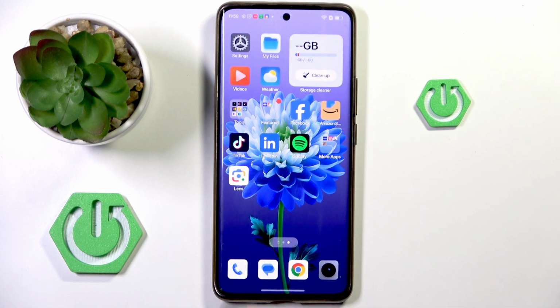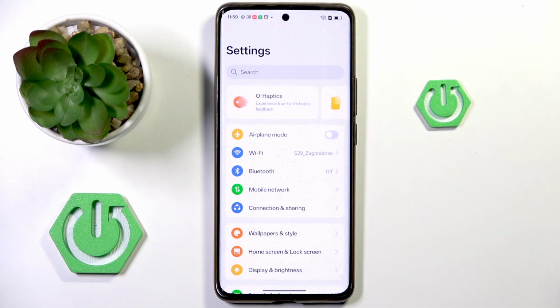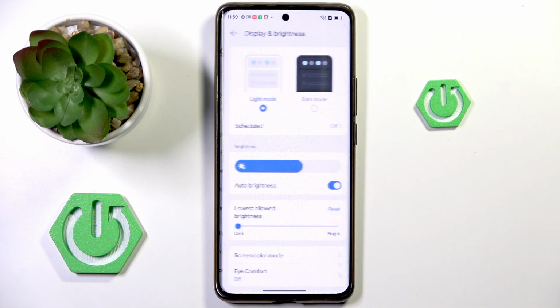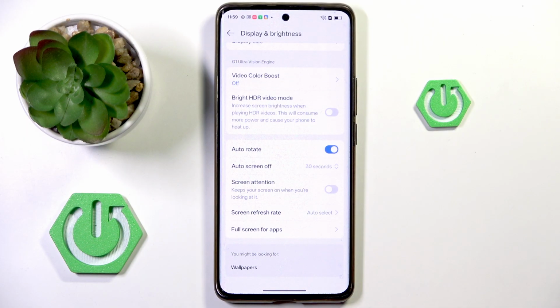So at first, open the settings. Then from main settings list, pick display and brightness, and here locate auto screen off. Now you can smoothly select the period of time after which you want your display to fall